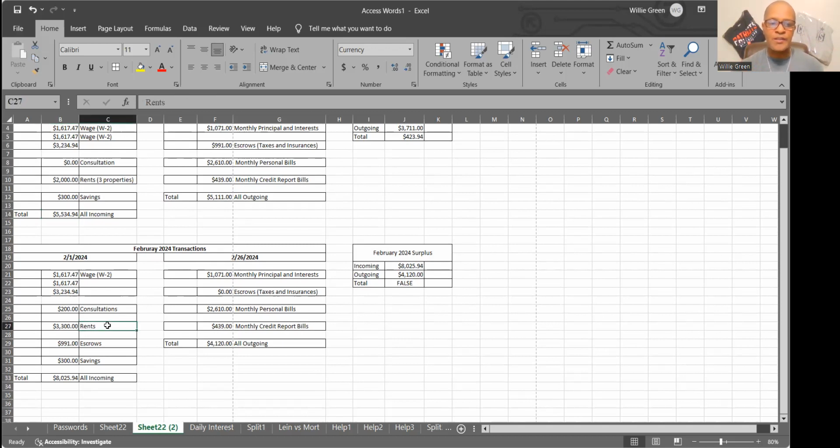The rent's 3,300, so hopefully in general, I make sure all the rents are collected because I do manage all of my properties on my own. The escrows that I was sending to companies are now staying in the account, and also that 300 savings that I had also. So now my monthly income